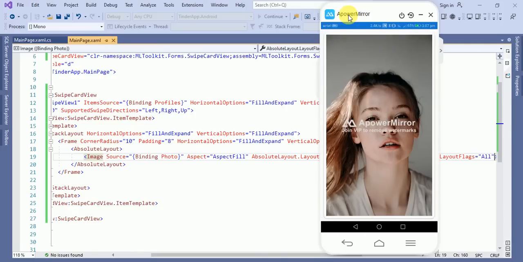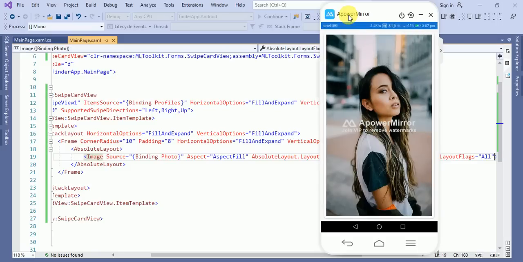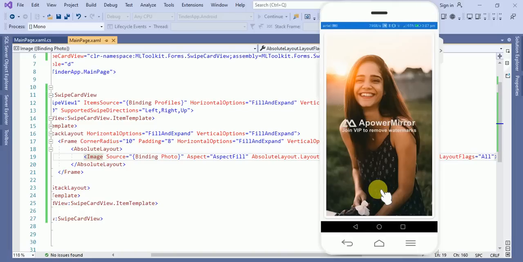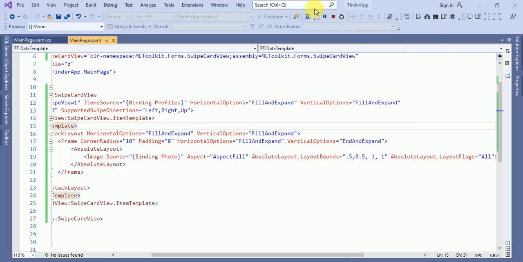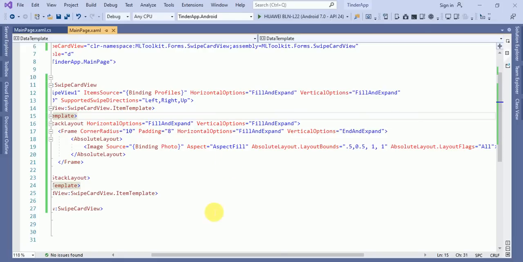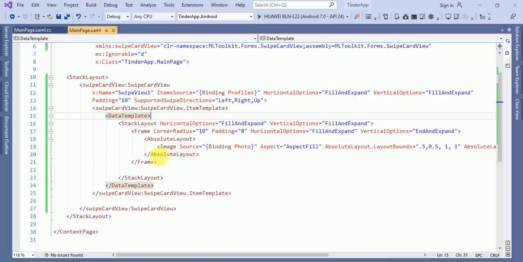Okay, cool. Now I want to add below that like, dislike, and super like buttons like this below. Also we have just bound the image.